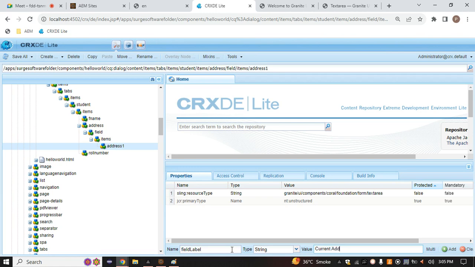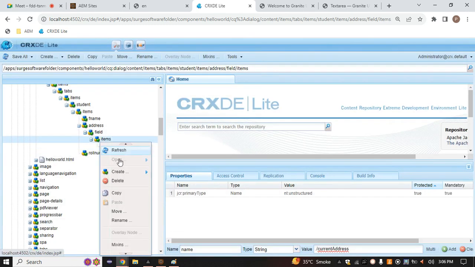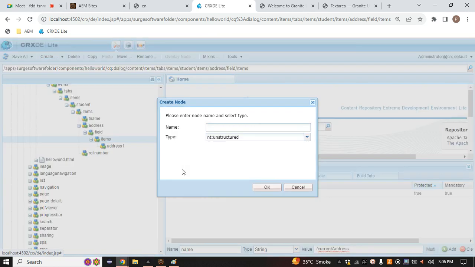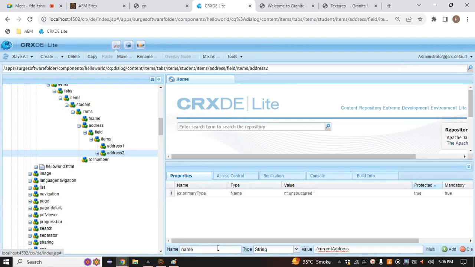Current address. Okay, and it needs to be stored somewhere. So for that, current address, that's it. And after that we need a corresponding address. So address2 and field label, corresponding